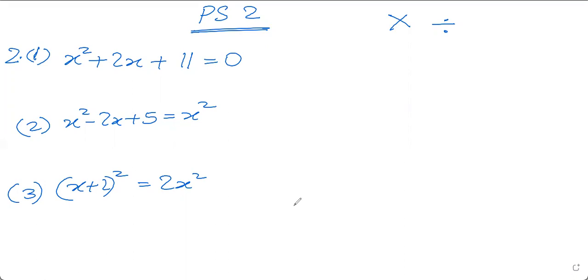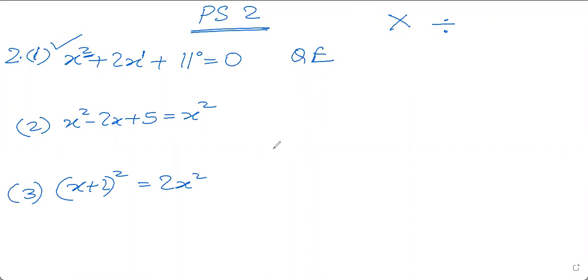We look at the highest power of the variable and we decide whether it is quadratic or not. Tell me, what is the highest power of this equation? The highest power is 2. So, yes, this is a quadratic equation. Where is this 2 coming from? This 2. The power here is 1. The power here is 0. The highest power is 2, and when the highest power is 2, we say it's a quadratic equation. So the first equation is a quadratic equation. Very easy.